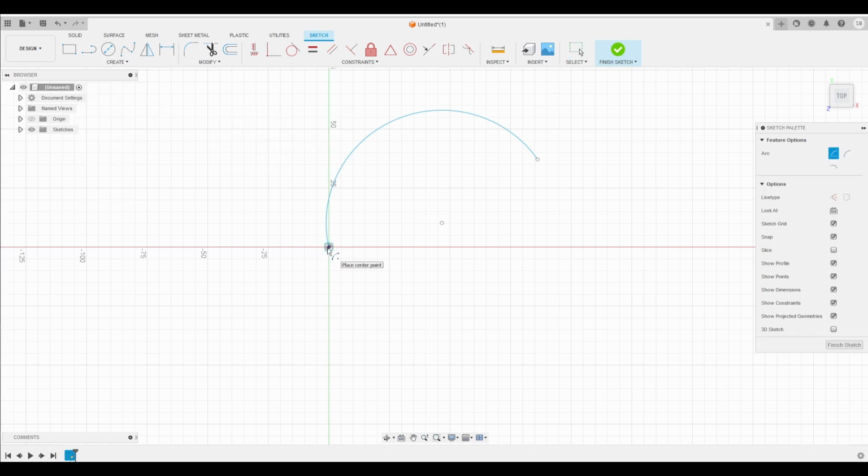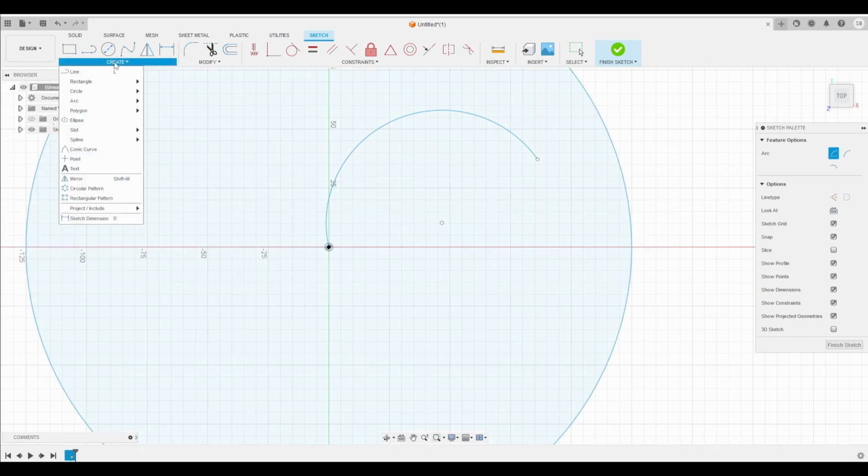This is the easiest one. You just choose one line, then another, and drag it out. You can basically even make a circle with this one. Then we also have the tangent arc. You won't really need to use this one, so for now just ignore it